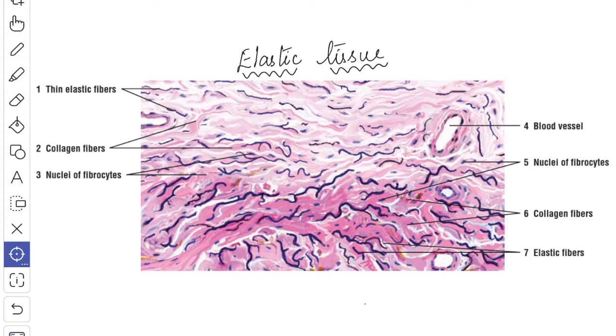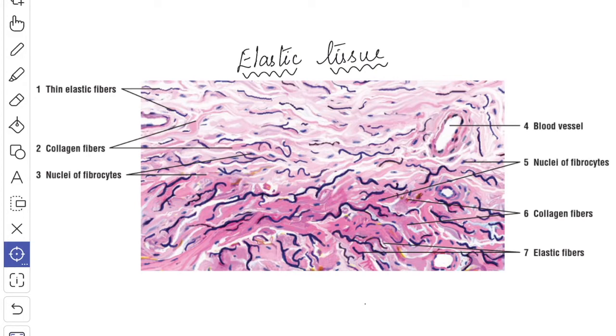These include the ligamentum nuchae on the back of the neck, the ligamentum flava which connects the laminae of adjoining vertebrae, and the vocal ligaments of the larynx, which are made up of elastic tissue. The elastic fibers are numerous in membranes that are required to stretch periodically. For example, the deeper layer of superficial fascia covering the anterior abdominal wall has a high proportion of elastic fibers to allow the distension of the abdomen.